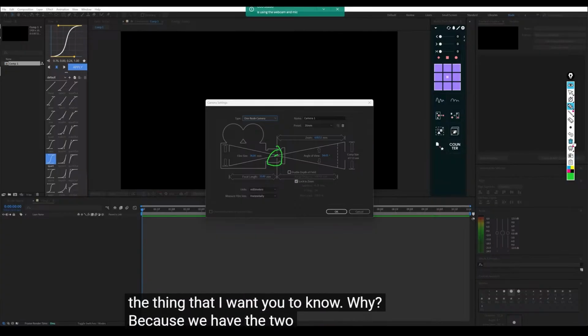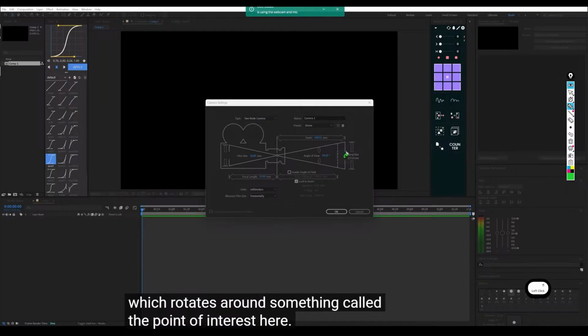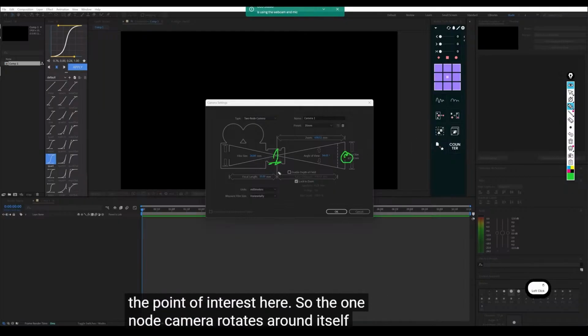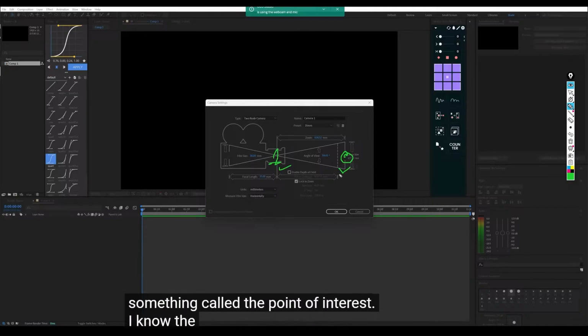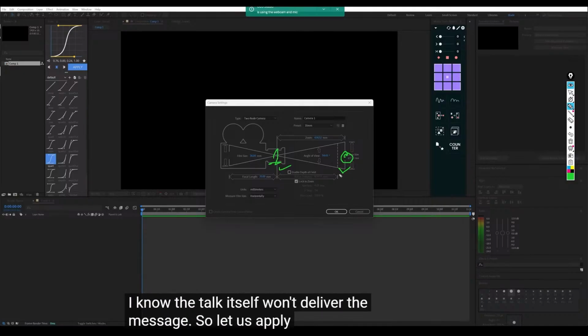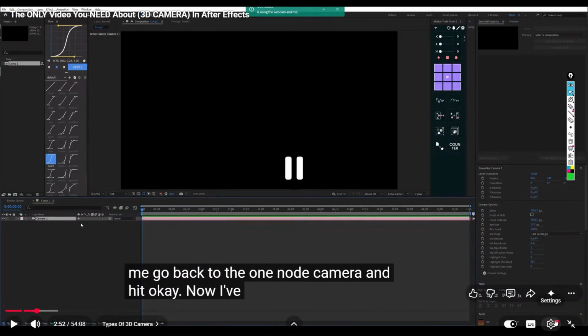Why? Because we have the 2-node camera, which rotates around something called the point of interest here. So the 1-node camera rotates around itself here. The 2-node camera rotates around something called the point of interest. I know the talk itself won't deliver the message, so let us apply right now. Let me go back to the 1-node camera and hit OK. Now I've got